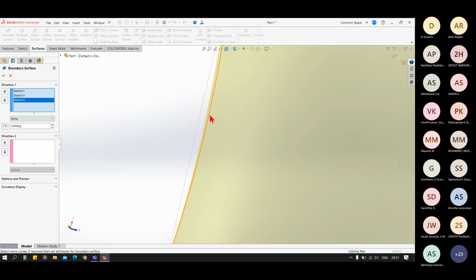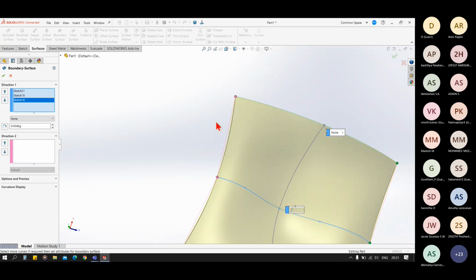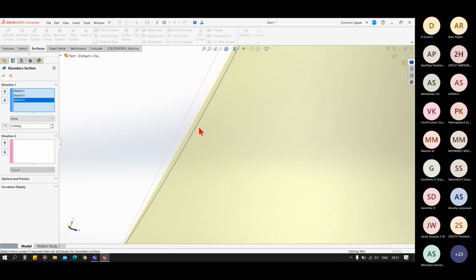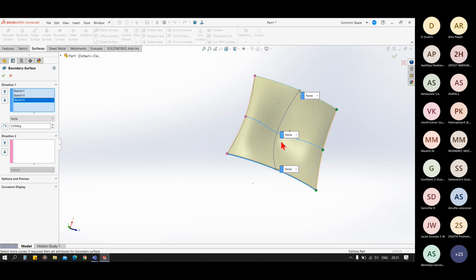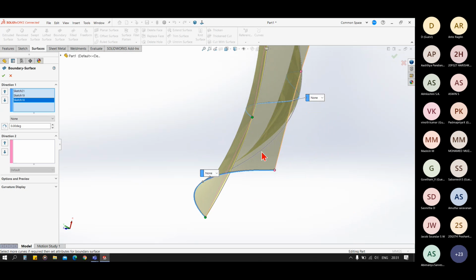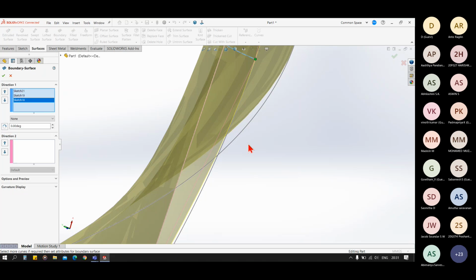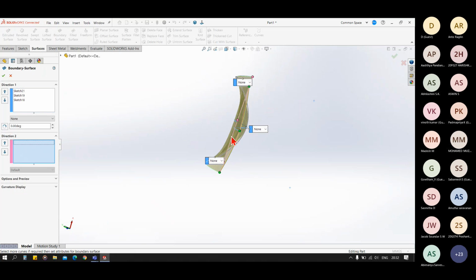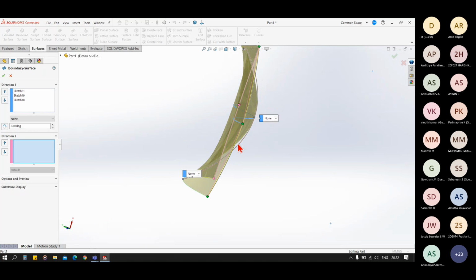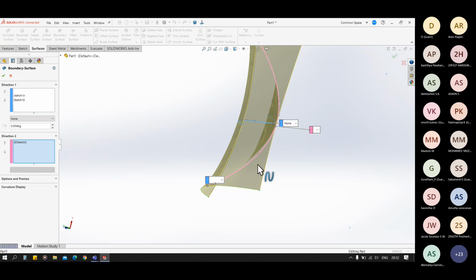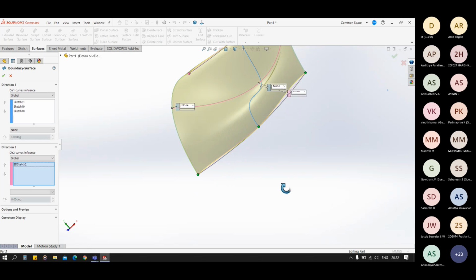So you see there is an error here. Also in this direction you can see the gap between the sketch and this. So that's why we go for the second direction and add controlling curves to it.